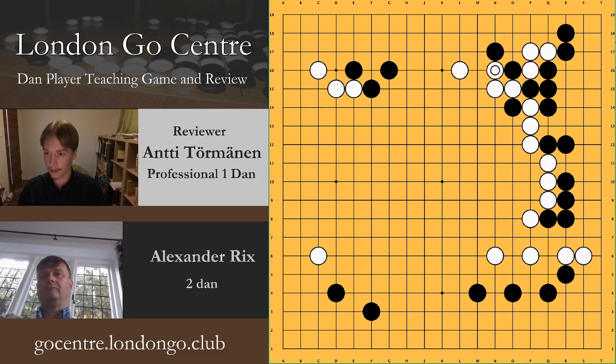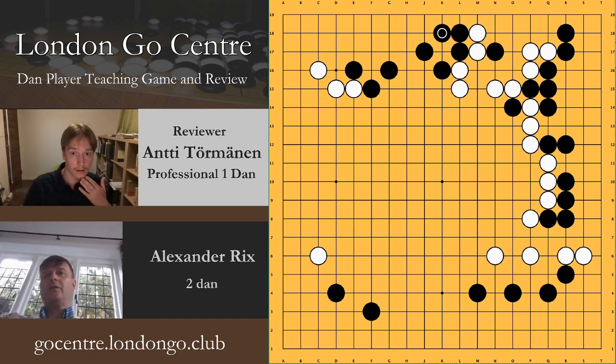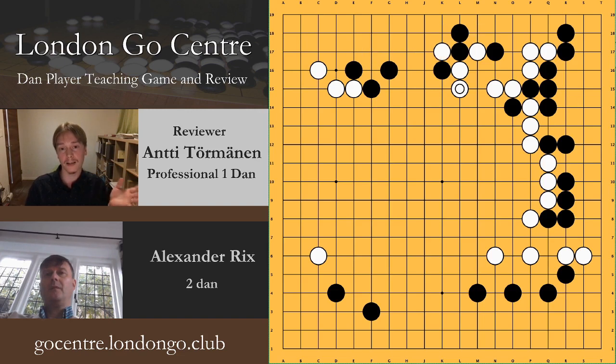Right, so this didn't happen in the game. You attached and cut, which I think is correct here locally. This one... most likely K15 is the start of your problems. I would think that simply capturing the 1 white stone should be locally fine enough. Yes, I've got Gote, but it's good shape. Right, and this way it's also impossible for white to make use of the A weakness, for example, as happened in the game. So it's possibly a little bit slow, but...